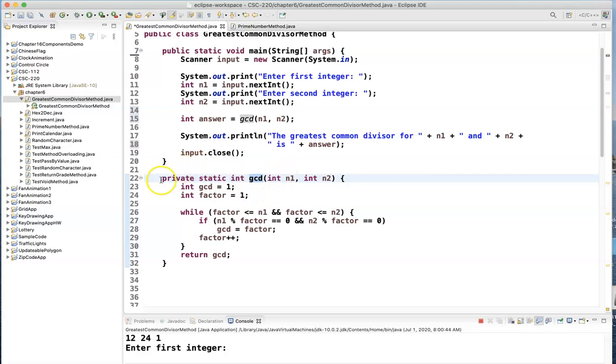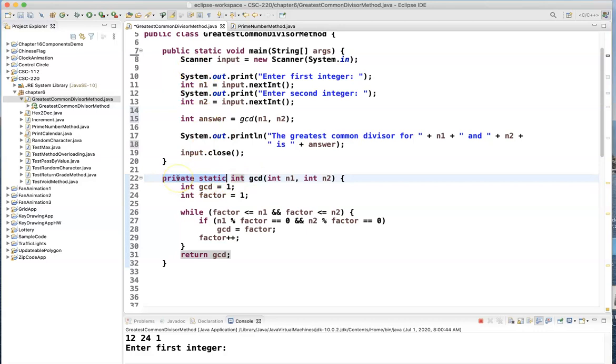The way you create a method is you've got to give it a name. This is what I do. So I call it GCD. Then the set of parameters, the pieces of information that this algorithm needs to work on. And then the return value has to be specified, the data type of the return value. Well, if I pass it two integers, the GCD has to be an integer. And for now, other than the main method,